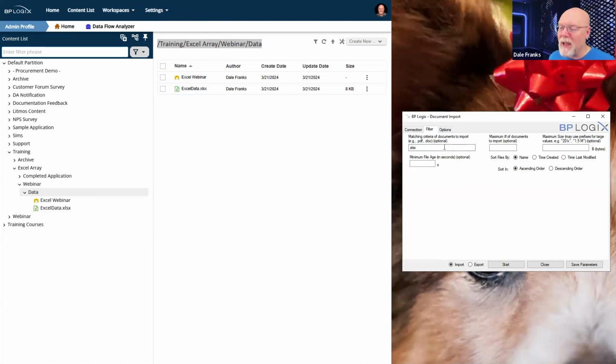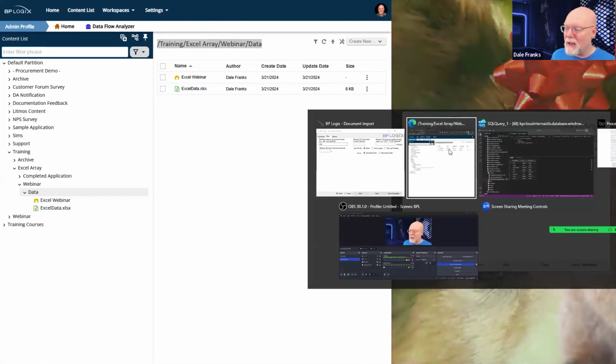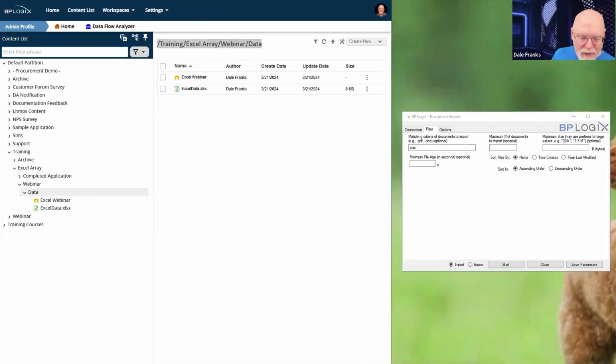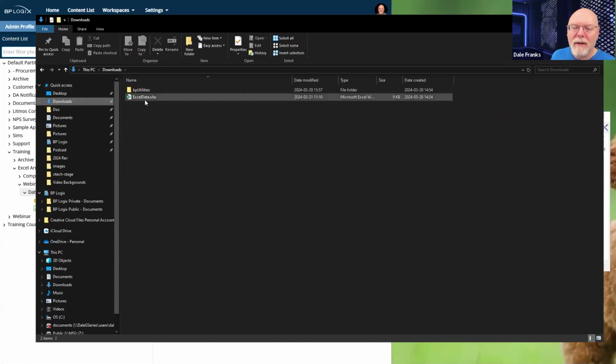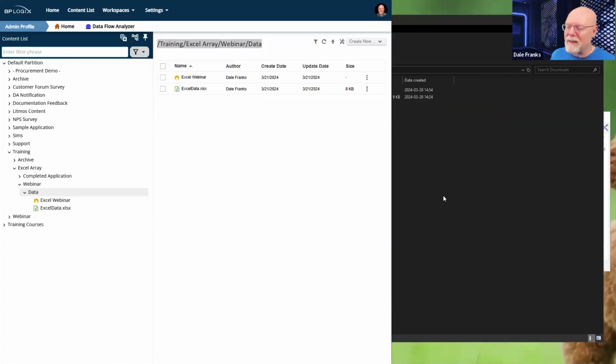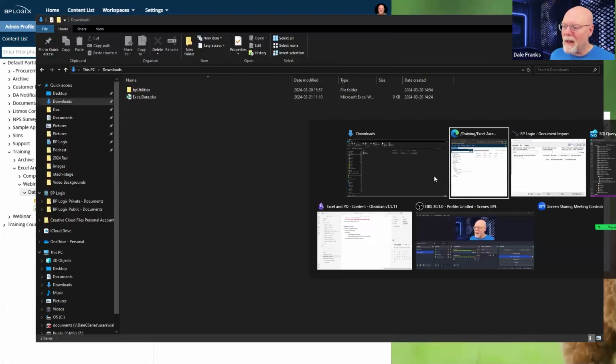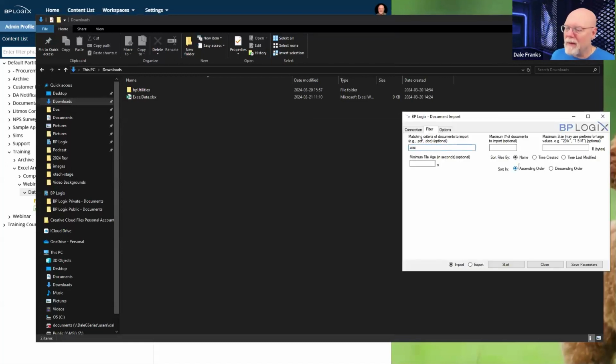So it is XLSX. It is an XLSX file, right? Let's open up my downloads folder. Let me be sure everything is where it's supposed to be. Desktop Excel data dot XLSX. You know what? It's the only file that's in there. I'm going to turn that filter off. Start her again. It imported two files. Well, not what I wanted. So why didn't the Excel file work?